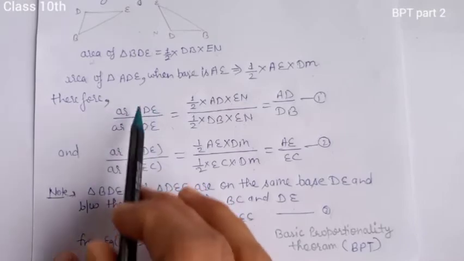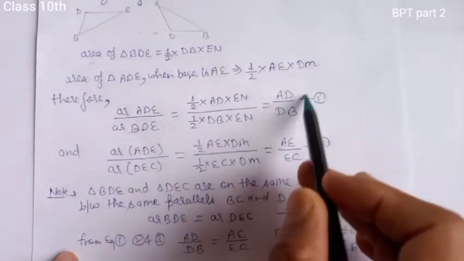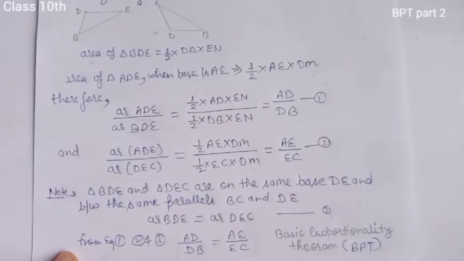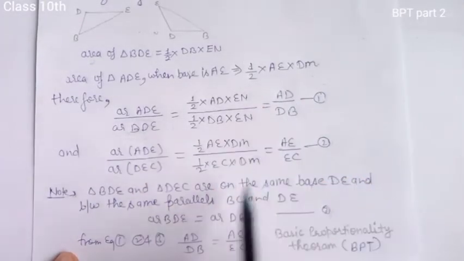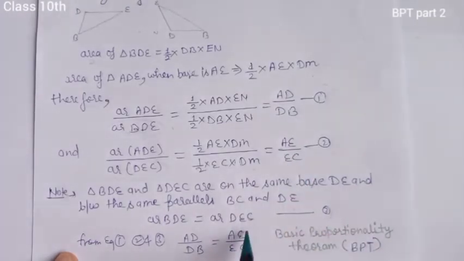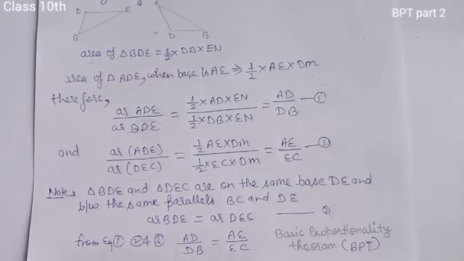Now you can see this part is equal to this. So what we have observed: equation 1 is equal to equation 2, or not? Yes, both are equal. So that means AB/DB is equal to AE/AC. That is, students, BPT, the basic proportionality theorem, which we use to solve the questions of the next exercise.